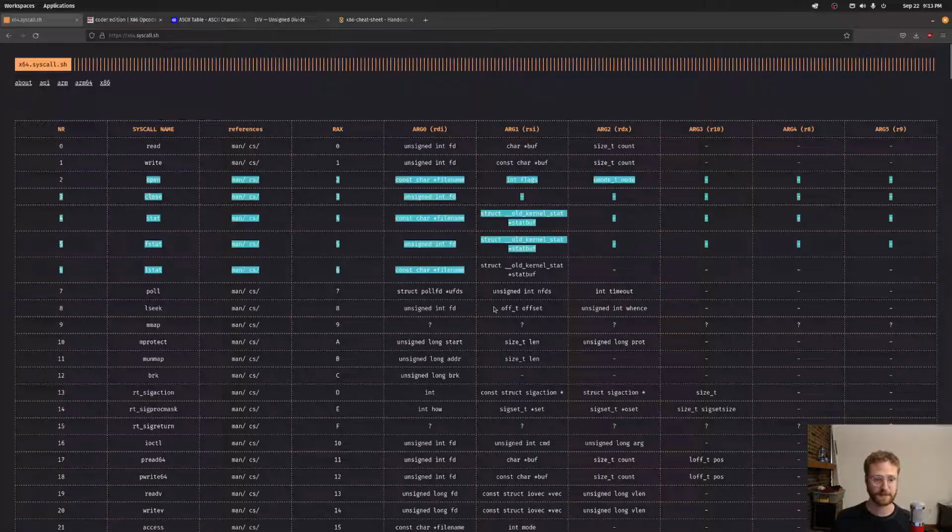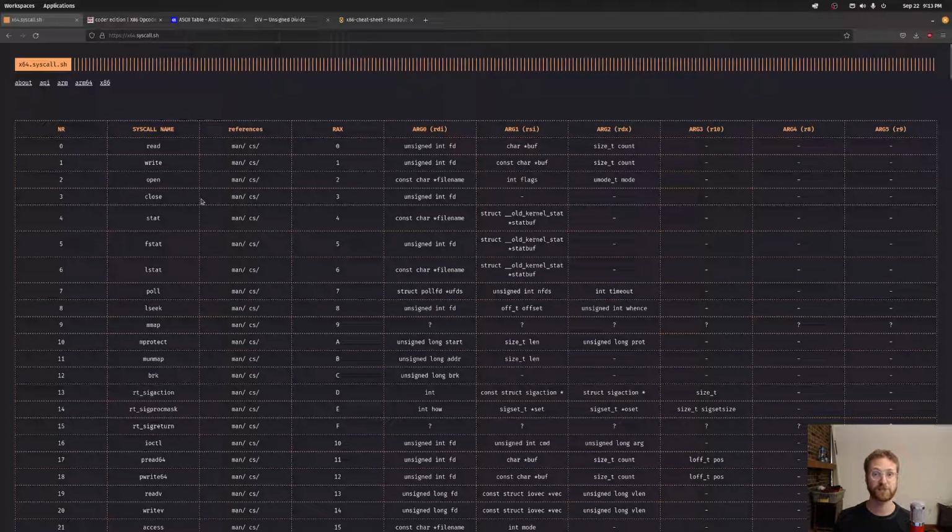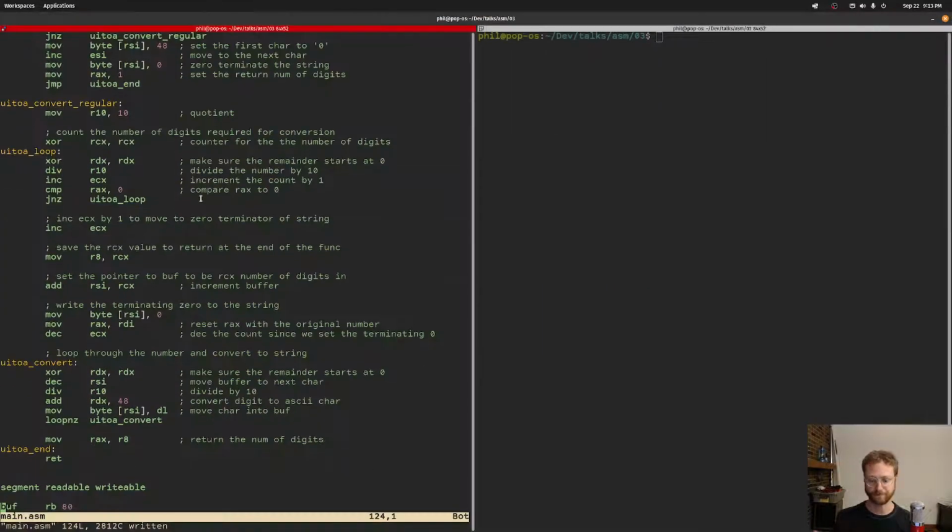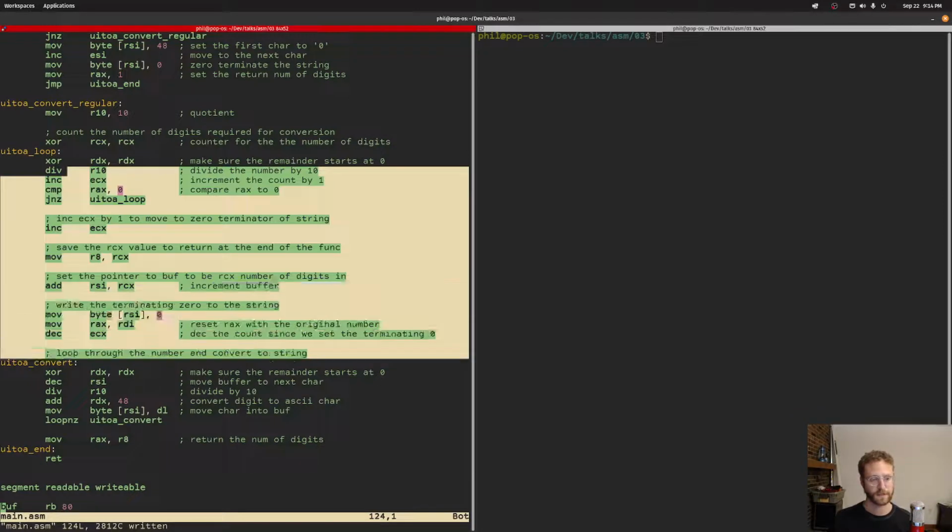It's actually pretty simple to do, but it's very interesting to see because a lot of the tutorials don't show you some of these more intricate things like dynamic memory allocation. So we're going to get to that